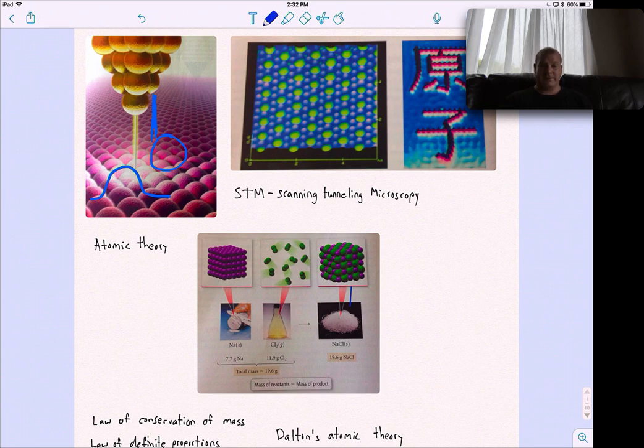Which is nice, though, because we can actually see atoms. So imagine if I didn't have these pictures of atoms and I had to convince you that atoms are real. We didn't have this technology in the 1970s, and atomic theory has been around since ancient Greece. It really came into the mainstream since maybe the turn of the 20th century, right as we come around the year 1900. So we obviously decided atoms were real before we could see them. So what happened? Well,